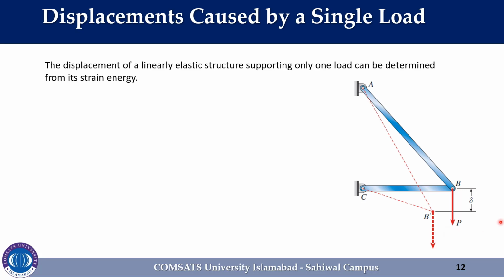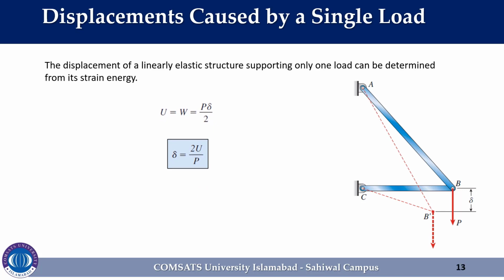When applied slowly to the truss, the load P does work as it moves through the vertical displacement delta. However, it does not do work as it moves laterally, that is, sideways. Therefore, since the load-displacement diagram is linear, the strain energy U stored in the structure is equal to the work done by the load, as we already discussed in the previous section. So the equation of the strain energy would be: U is equal to W, and it is equal to P delta over 2, from which we get the equation for delta, that is actually the displacement. So delta is equal to 2U over P.